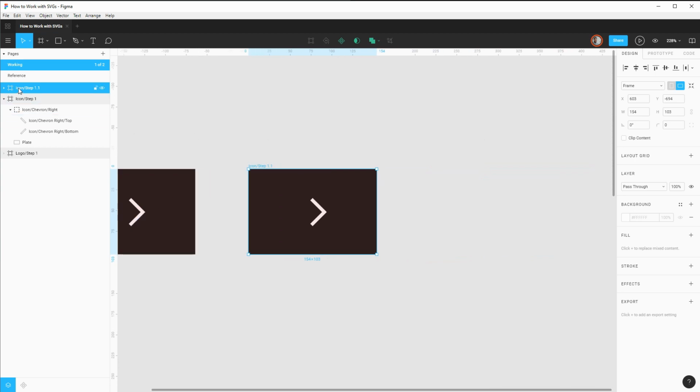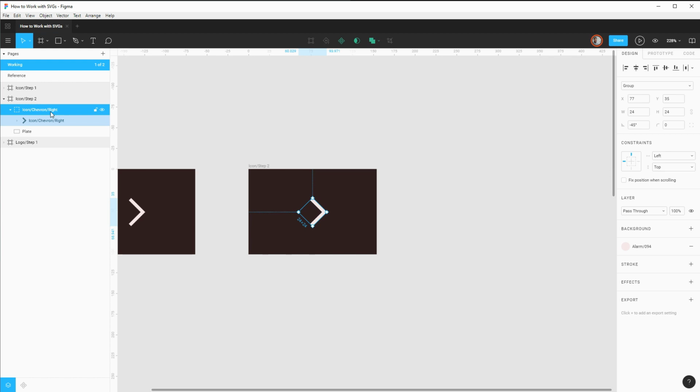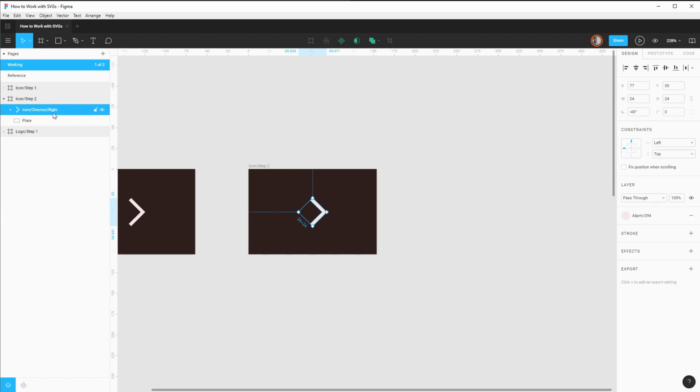And let's call this step 2. What we can start with doing is actually creating a union shape. And let's make sure we retain our naming here. So this is the icon chevron, right? And let's get rid of this group that we won't need anymore. So with this union shape,